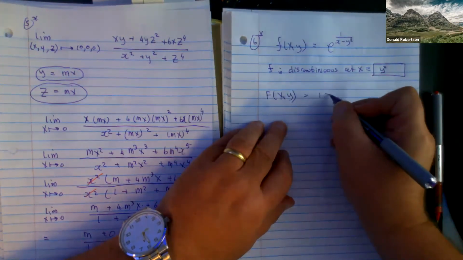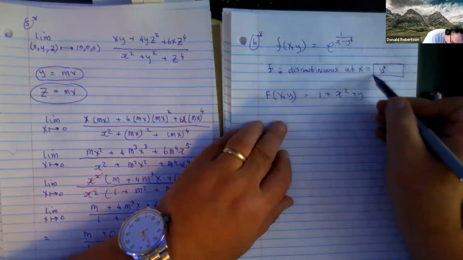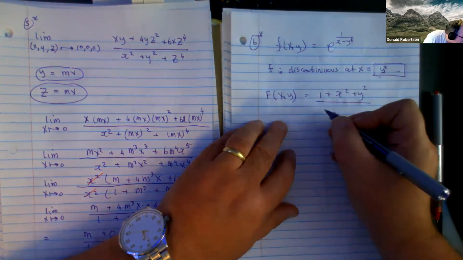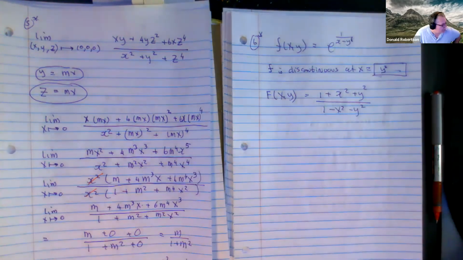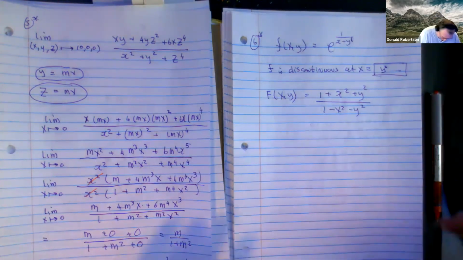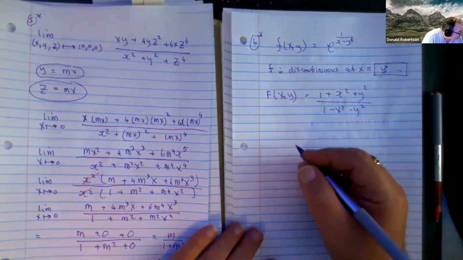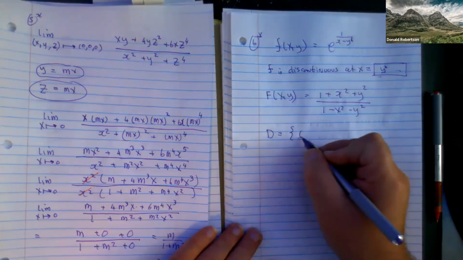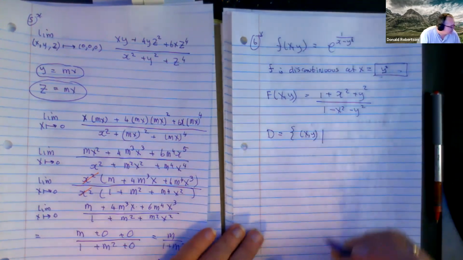We're being asked the question the other way around. We're not being asked to tell us where the bad guys are. We're being asked to write down when this function is okay. So we're being asked to write down when the function is continuous. So here is its domain, and it's a set of all points x, y, such that